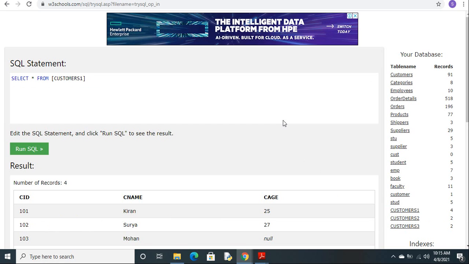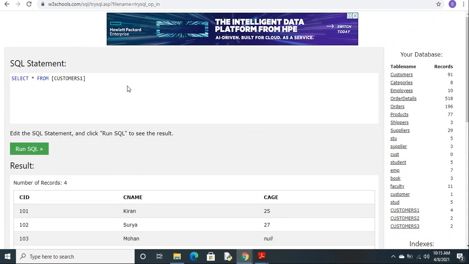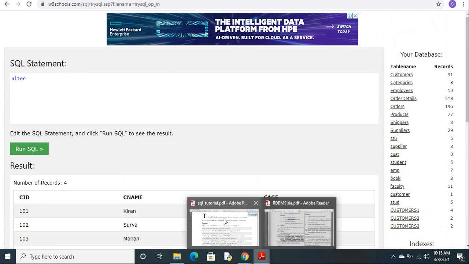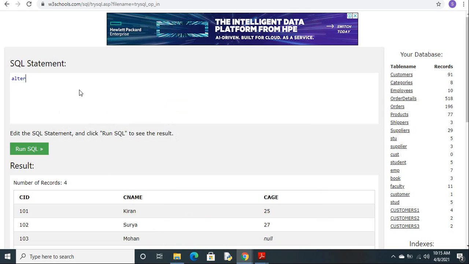Customer table. In this I want to add city. Okay, what is the syntax? Alter table name. What is this table? Customer1, right?